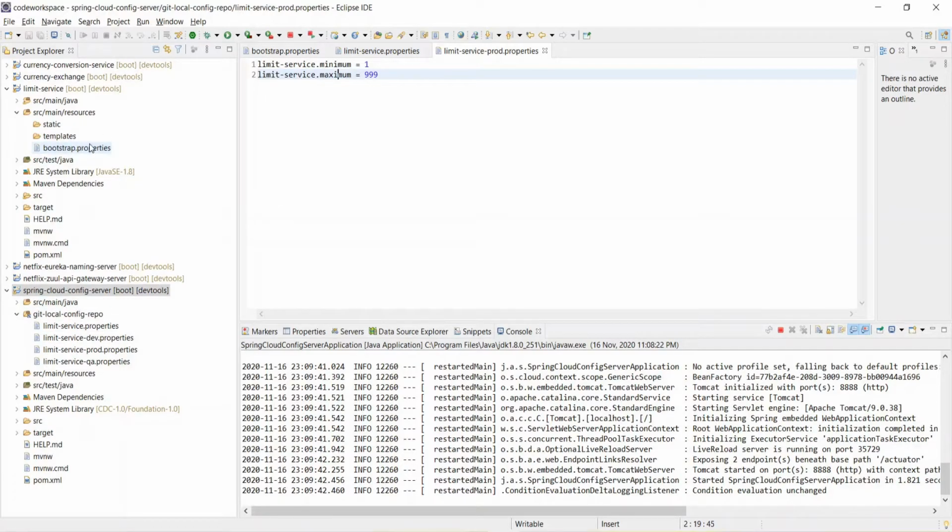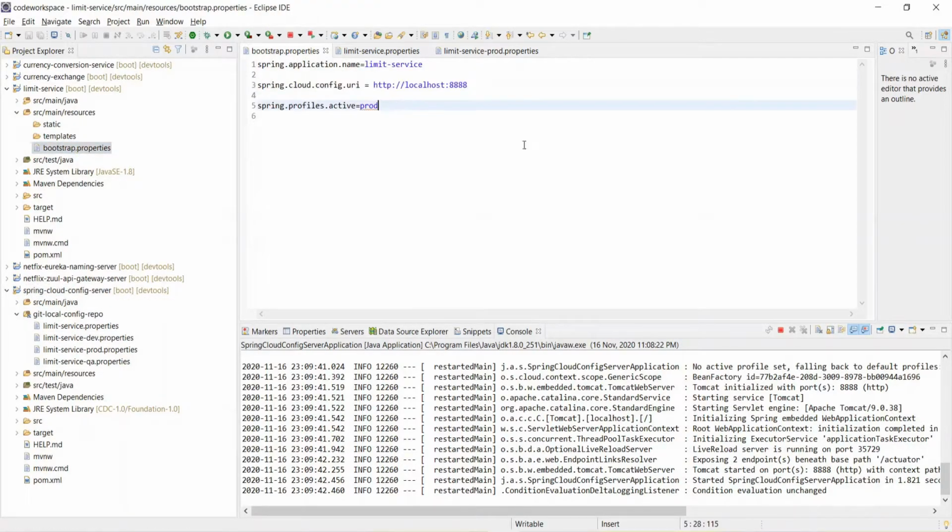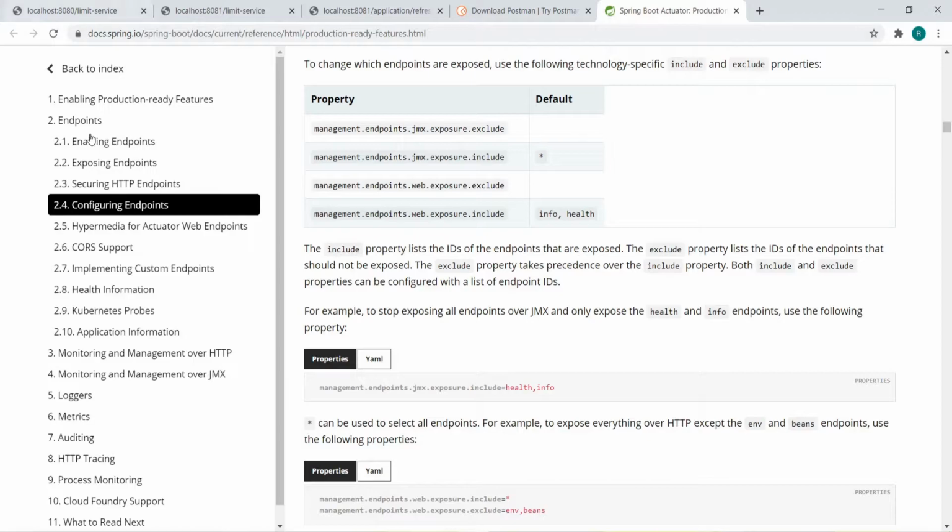See, you have a bootstrap properties file right here, correct? So first thing you need to do, if you go here and see the Spring document, they have shown that you will have to enable the management endpoint for refreshing this. You will have to refresh manually, right? So how will you refresh? First you will have to include this properties file.